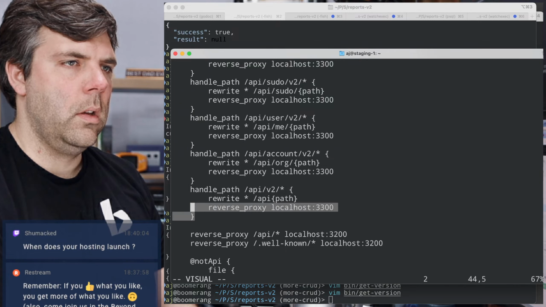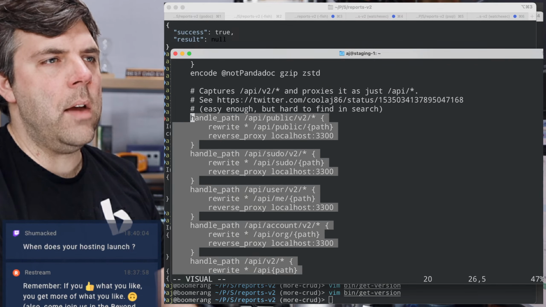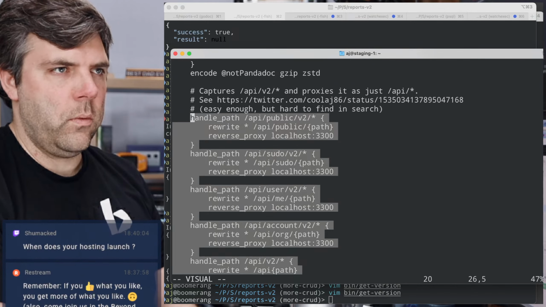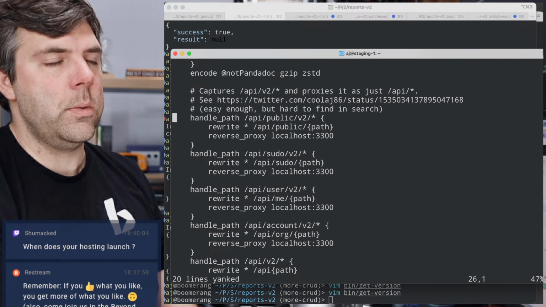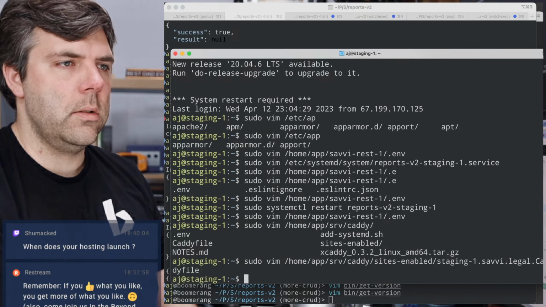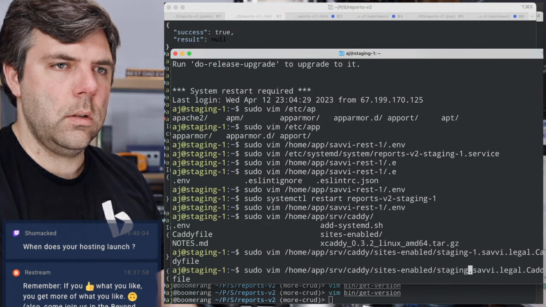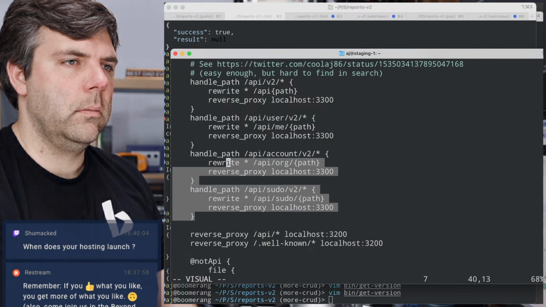I thought I was having the short path first, so it's matching on the shortest path first and then matching on the other stuff later, but that's not actually what was happening, so never mind.